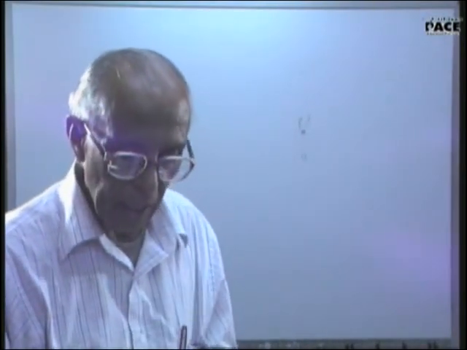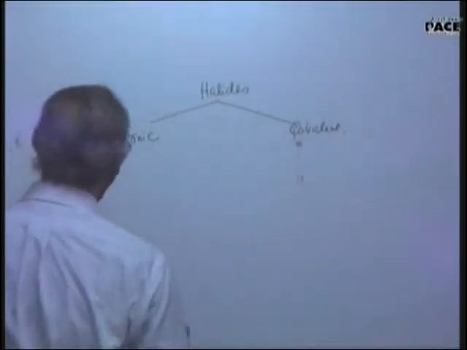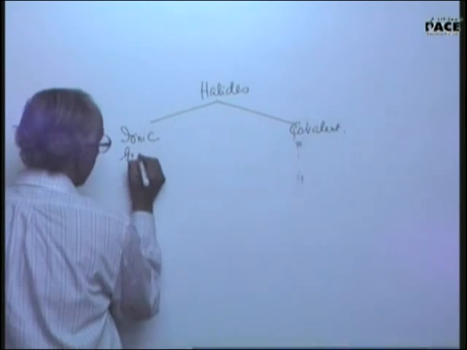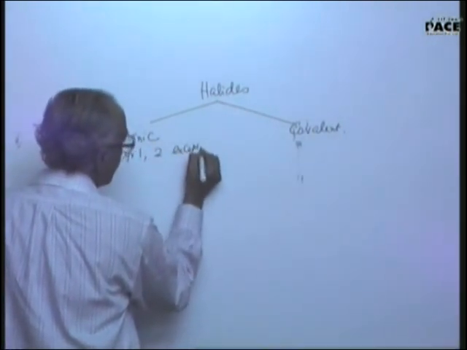Now halides again can be classified into two categories. Group 1, to accept beryllium,